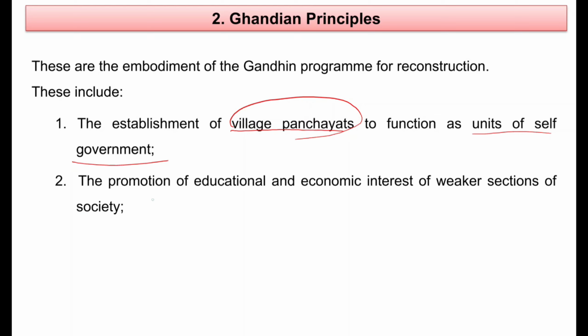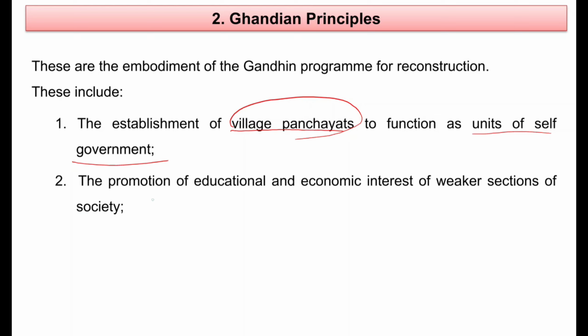And why are these directive principles not legalized like fundamental rights? Fundamental rights are law in themselves, but directive principles are not law. You have to enact law for this, okay. And why is it not so? Because these are social and economic, where you will need funds, isn't it? So this will be made law only when the government is able to fund these things, okay. And these were written at that time, and most of the things have already been fulfilled as of now, okay.